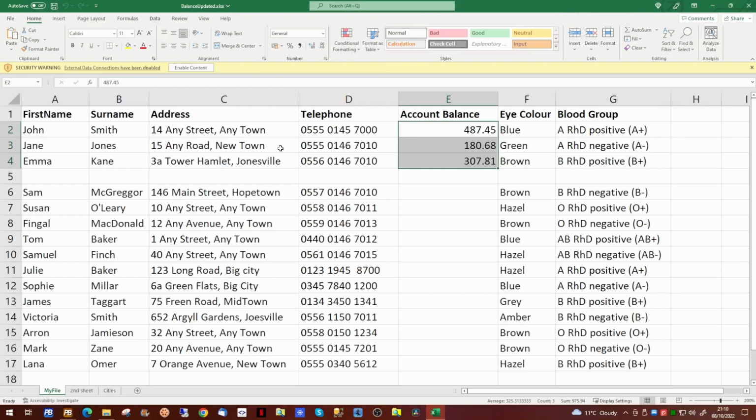So in summary, what we've achieved today is we've used the clipboard as a go-between for information leaving Power Basic and going into our Excel spreadsheet. This can be a very easy way to get bulk data going into a spreadsheet.